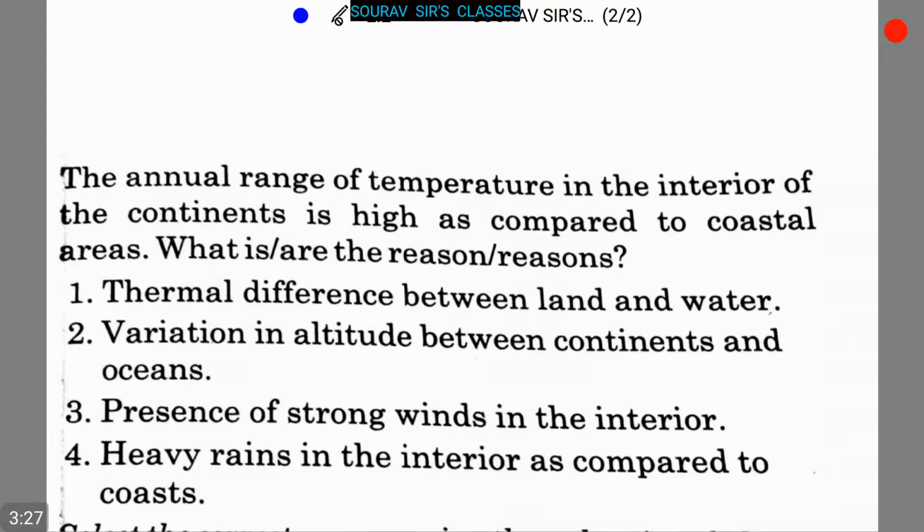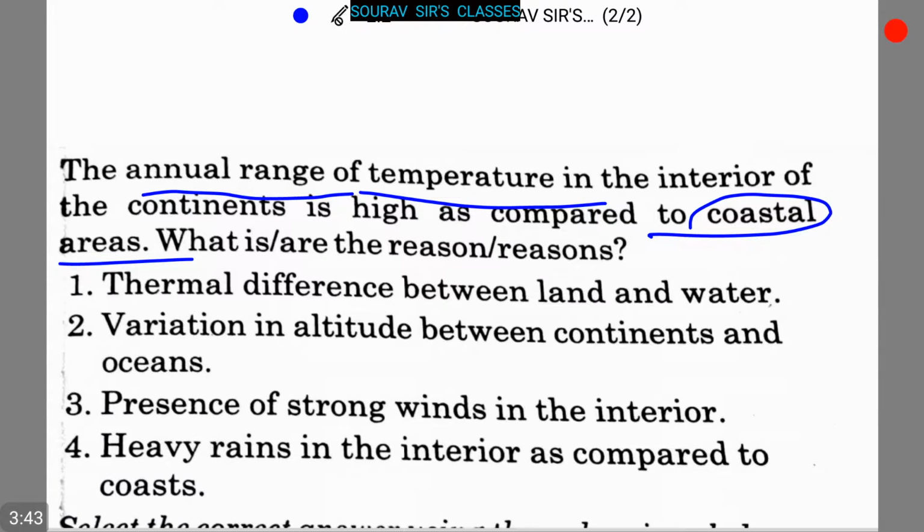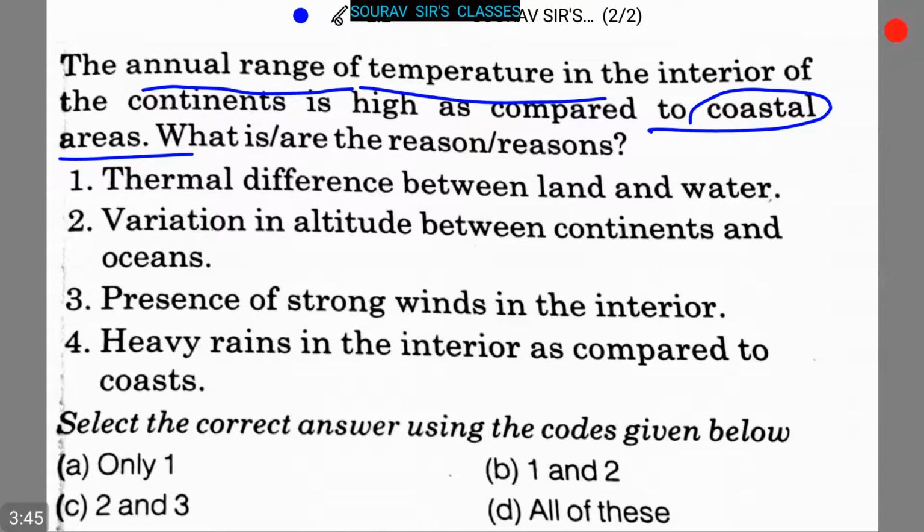Now, our next question: the annual range of temperature in the interior of the continents is high as compared to coastal areas. Which is or are the reason or reasons? Now, four points are given. Point 1, that is thermal difference between land and water.